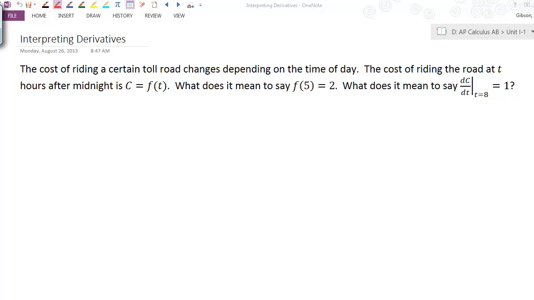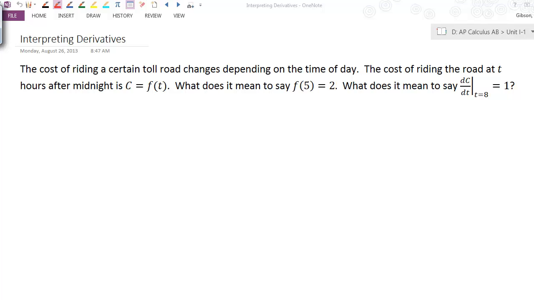Let's go ahead and take a look at two other quick examples about interpreting derivatives. We had one of these in class talking about the cost of a house and how that changes as the square foot changes of the house. But let's take a look at this one here about a toll road. In this example, we've got a toll road whose charge to ride on it changes depending on the time of the day. So the cost of riding the road